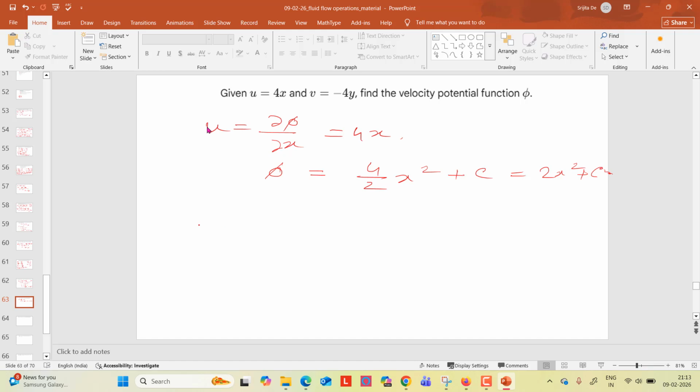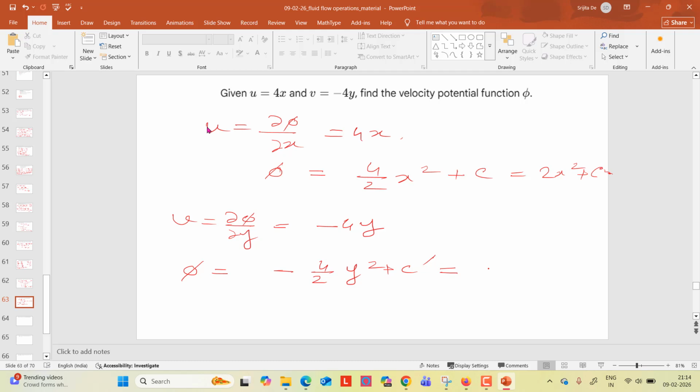Then v equals to ∂phi/∂y equals to minus 4y. So phi equals to minus 4 by 2 y square plus c prime equals to,